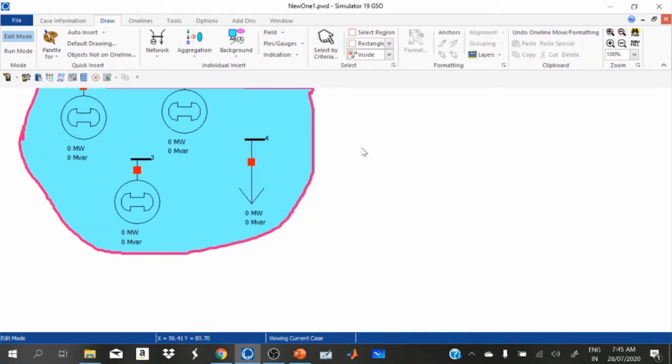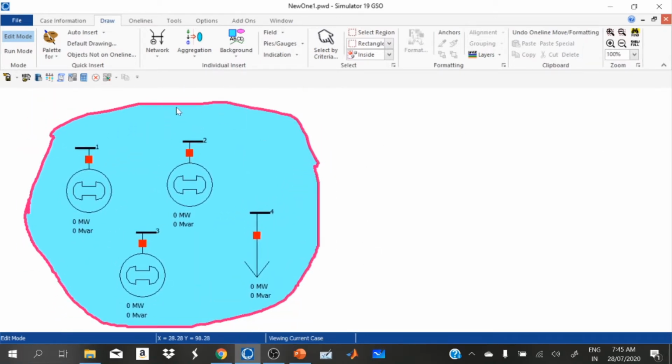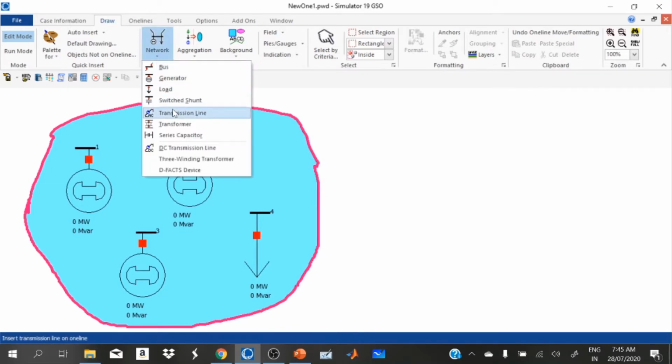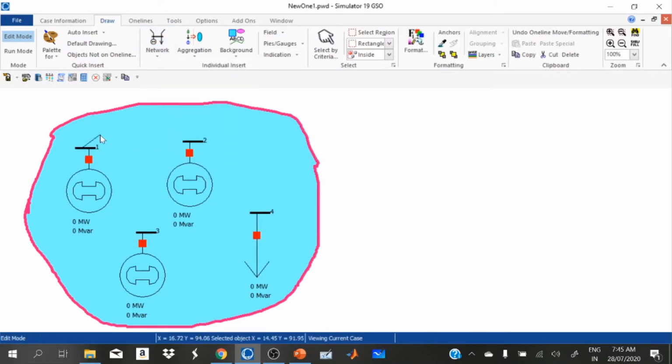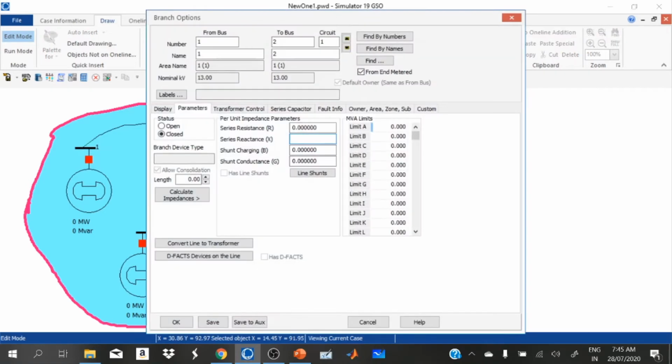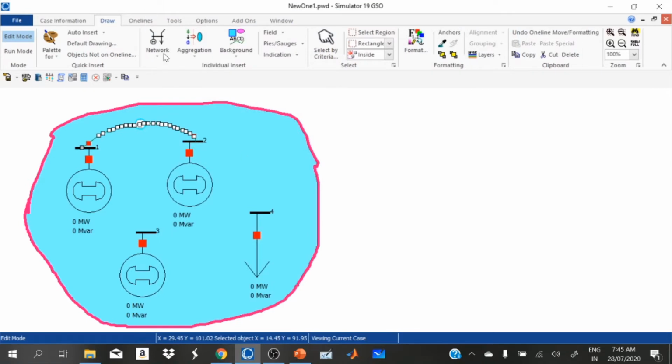Now we connect the transmission lines between the buses, and we are taking here a very small value of reactance and assuming the resistance is 0. It is a lossless line.